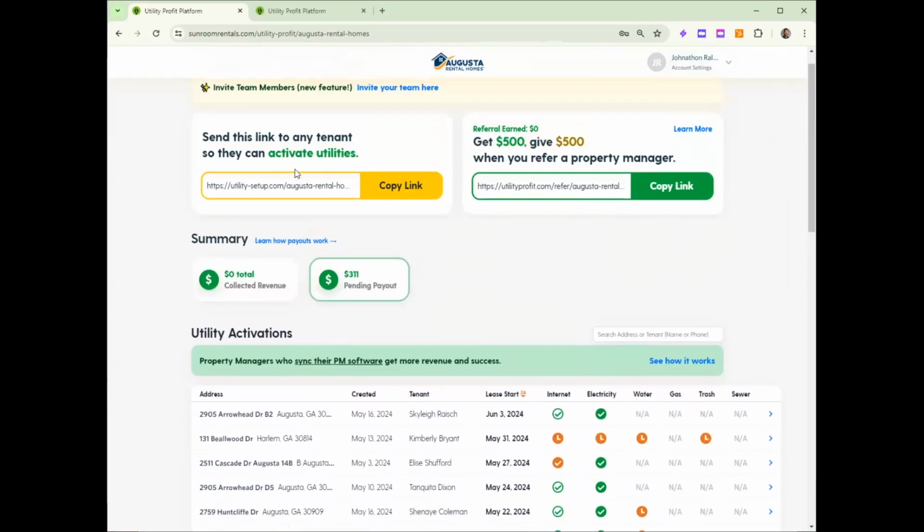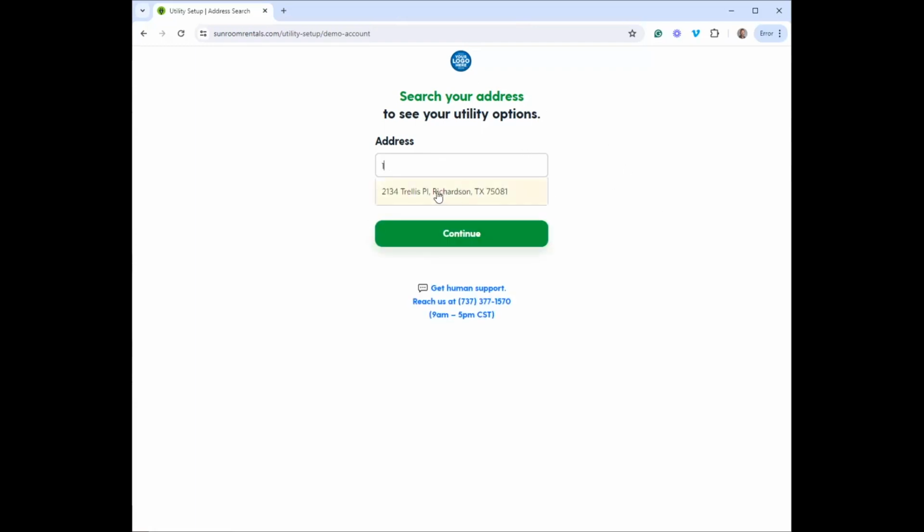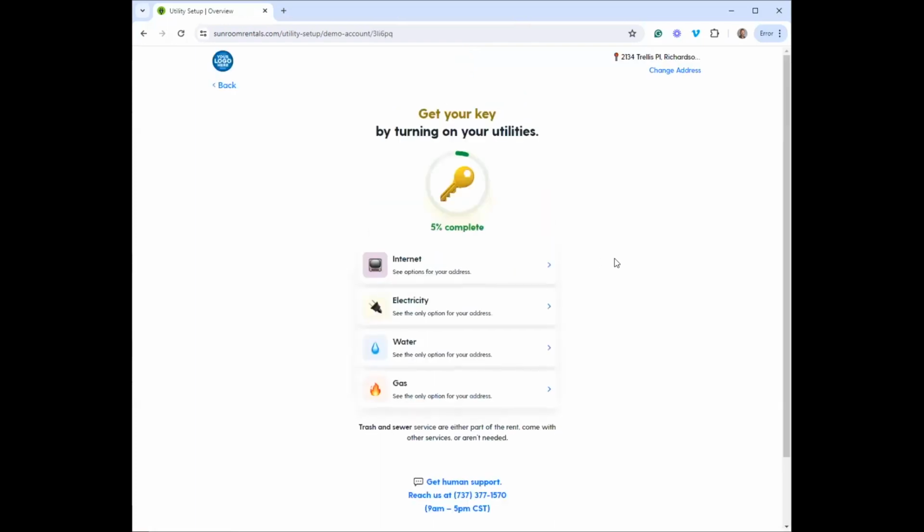And they will use your custom link, which also lives within your utility profit dashboard up here on the top left. So this is the link that your tenants will use to begin setting up utilities into their name. When the tenant clicks on that link, it'll take them to a screen that looks very similar to this with your branding, and they can start searching for the address they've been approved for. This will pull from your portfolio. They'll find the address, they'll hit continue, and then that takes them to the screen to start setting up their